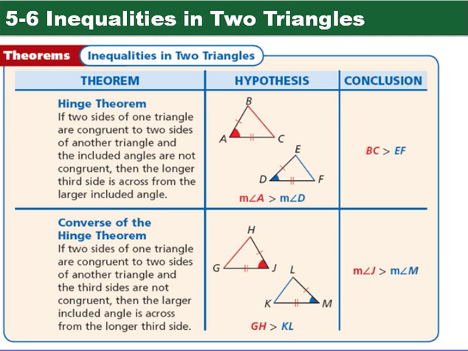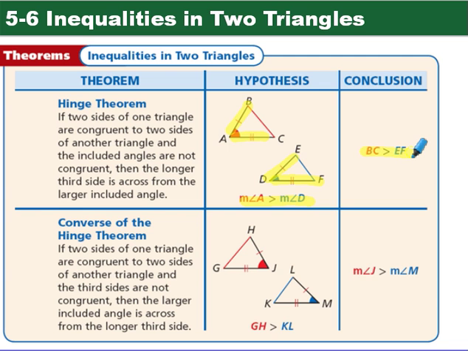All right, so we start with two theorems. The Hinge theorem says if two sides of one triangle are congruent to two sides of another, so you can see we have those marked here, and the included angles are not congruent, then the longer third side is across from the larger angle. So here it tells us angle A is greater than angle D, so that means that BC has to be